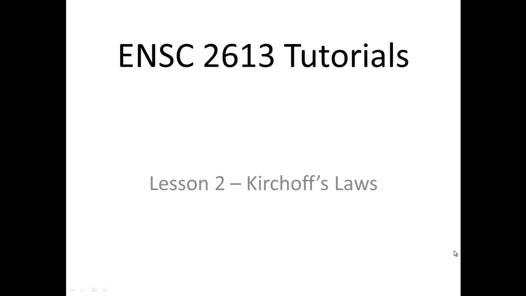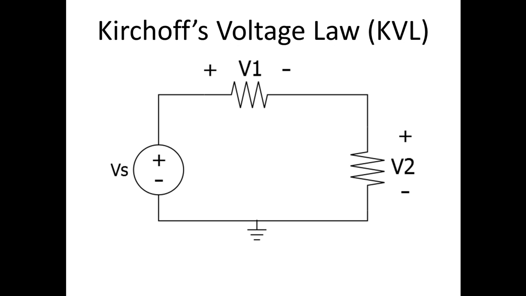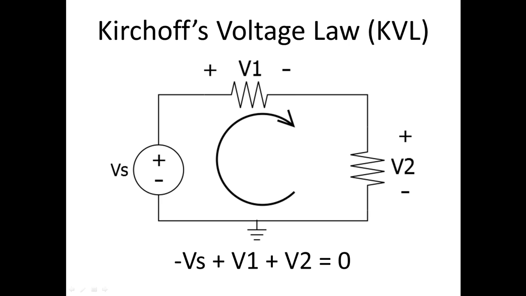Kirchoff's laws are a couple of rules that help us make sets of equations that will help us solve our problems. The first of Kirchoff's laws that we will talk about is Kirchoff's voltage law, or KVL. KVL states that if we go around any circuit in a full loop, the sum of the voltages that we cross must equal 0. For instance, if we go clockwise around this circuit, we have negative Vs plus V1 plus